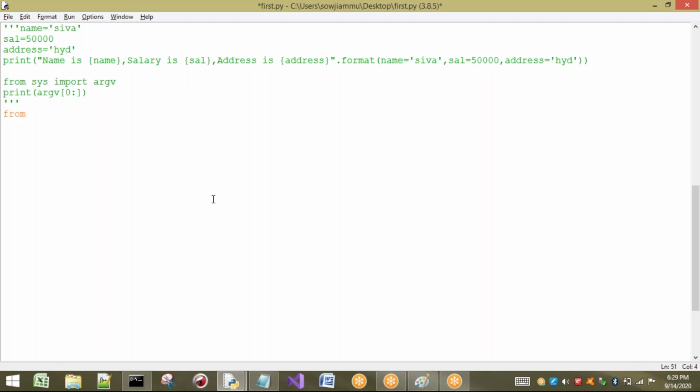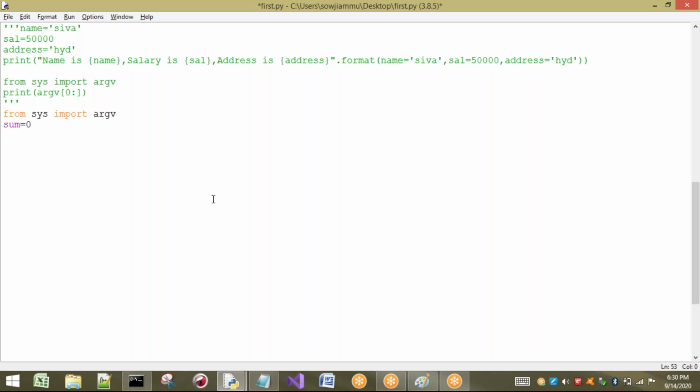So compulsory we are taking the inputs from where? Command line. So that I have to import what? From sys import argv. This is the first statement we have to write. So I'm going to take how many from where? Command line arguments for performing what? Sum. So initially, for example, I'm going to take some variable called sum equal to 0.